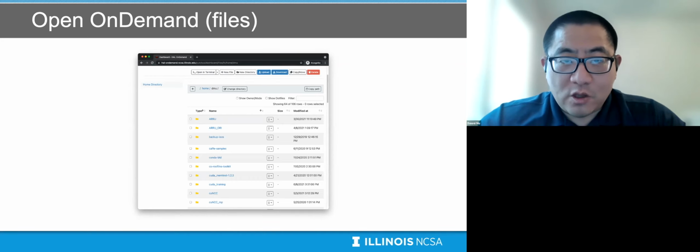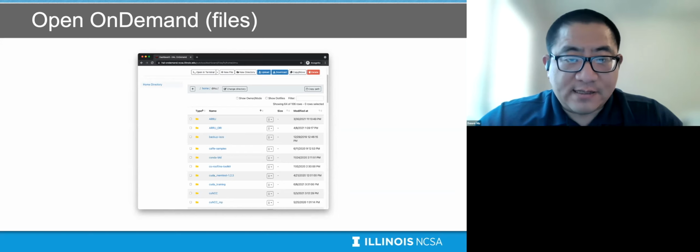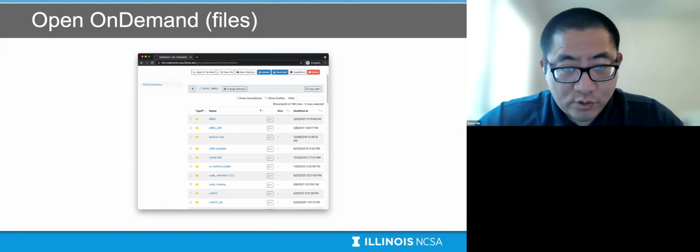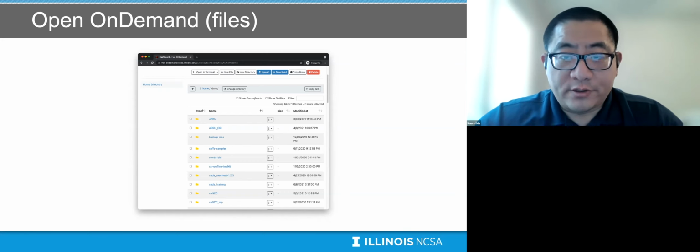After you click that, you'll be brought to a web page that is basically just like a normal file management window within your OS, like Linux. You have full access to your own home directory. You can create a new file, create a new directory, upload files from your local computer, or download files to your local computer. You can copy, move, and delete